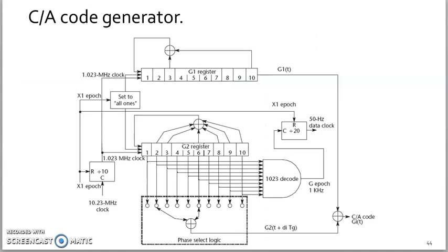Now each satellite requires that C/A code, and that is obtained from the exclusive OR of the G1 direct output sequence and a delayed version of the G2 sequence. The delayed G2 PRN code is obtained by the exclusive OR of the selected positions of the two taps, whose output is called G2i.